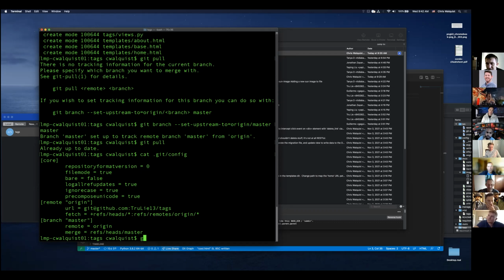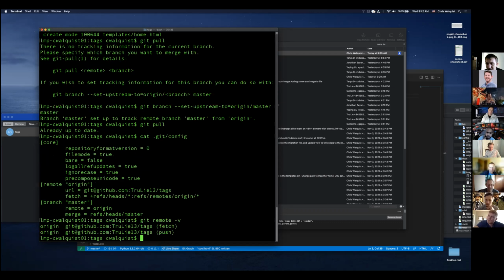Because if I do a git remote, it just tells me this thing here is named origin. So you can use origin in order to refer to this repo out there on github.com. I can set other ones, like I can have my Git repo point to all kinds of different remotes. I could point to yours, if you were on the interweb somewhere. I could point to other remotes on my own file system, and pull and push